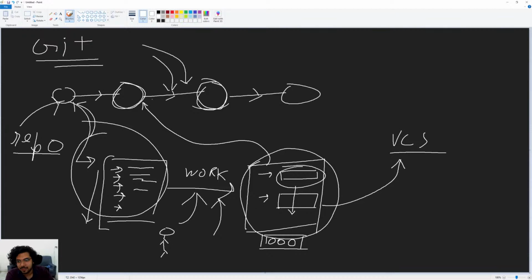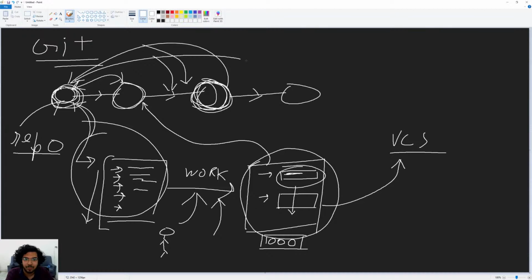Another important feature is that we can move back and forth between these nodes. If I'm working on this node, the current node, and I'm not satisfied with something, or I have to check what the previous version was like, I can see the changes which were in the first version. If some line has been changed, I can go back to the previous versions and see what changes were made to the file. I can see them in any order. So yeah, is everyone getting it?